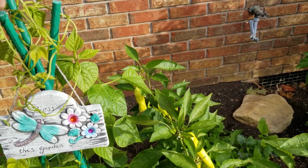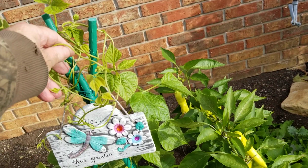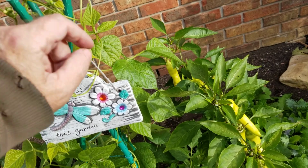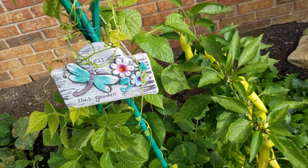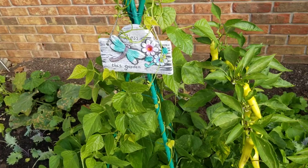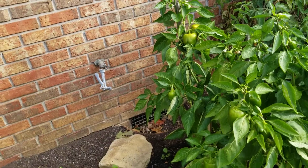Let's see, where do I want this one? Go down this way. You gotta train them to go where you want them to. Let's see what it does now, like that. I'm hoping it'll go back down this way. Yeah,